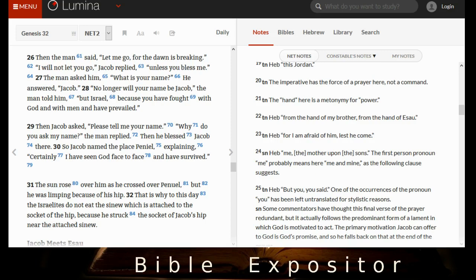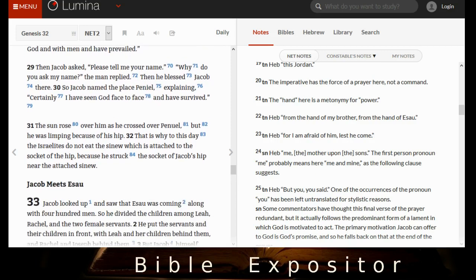And of course, the timing of this must certainly be because he's about to meet Esau. At any rate, we make note that Jacob's name has been changed, although the text still refers to him as Jacob for a while after this. So this chapter 32 ends with Jacob limping due to his dislocated hip, and the text goes on to explain that this is why the Israelites don't eat the tendon attached to the hip of any animal they eat. The text still refers to him as Jacob, as I said, and in the next lesson we'll see what happens when he meets Esau at last.